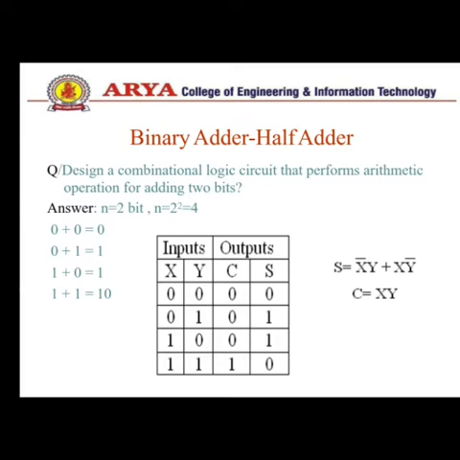After that we determine the Boolean expression for this circuit. We can derive this expression directly from the truth table. We know that the sum is 1 when x is 0 and y is 1, and the sum is also 1 when x is 1 and y is 0. So the sum of products terms are x bar y and x y bar. So the simplified sum expression is x bar y plus x y bar, and directly we can see that carry equals 1 when x and y are both 1, so carry equals x and y.